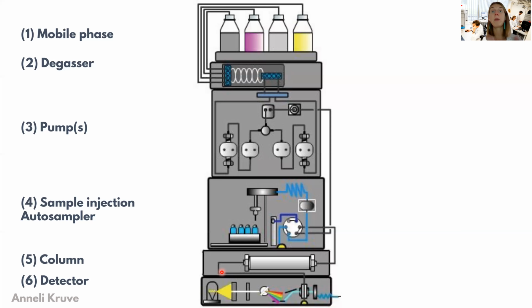So therefore, very many samples actually do not allow us to go very high in temperature. We can't maybe even go above 70 degrees, or mostly we actually stay just at 25 or 30 degrees. However, because the C term in the Van Deemter curve, the resistance to mass transfer, is becoming less and less limiting when we increase the temperature,